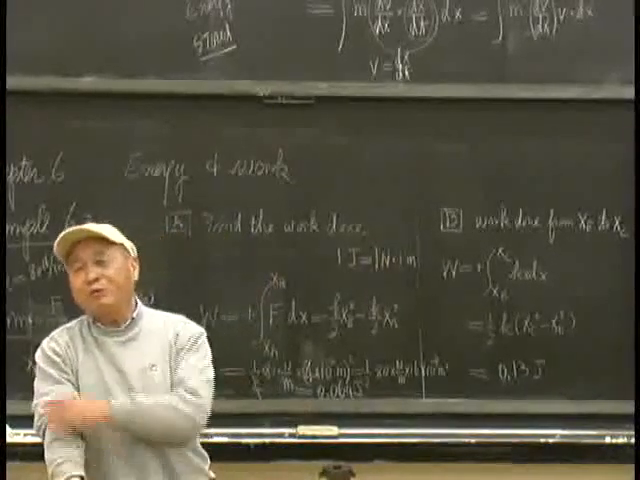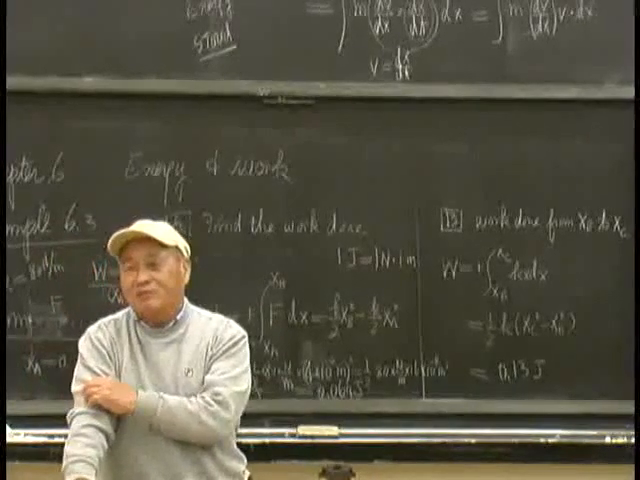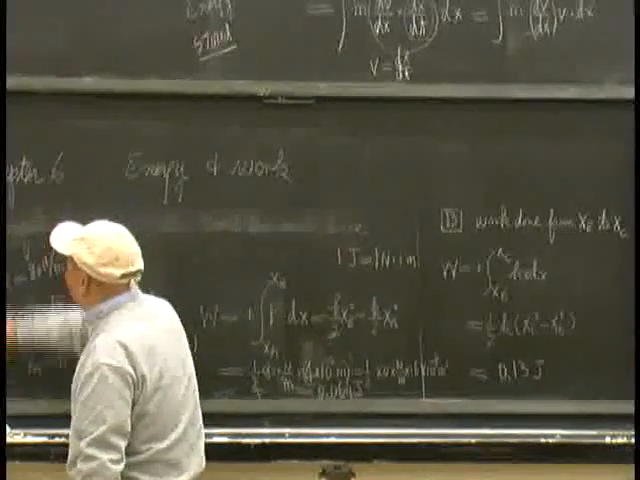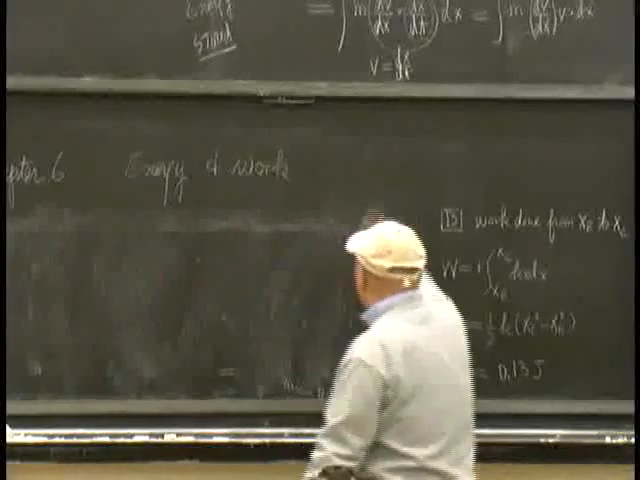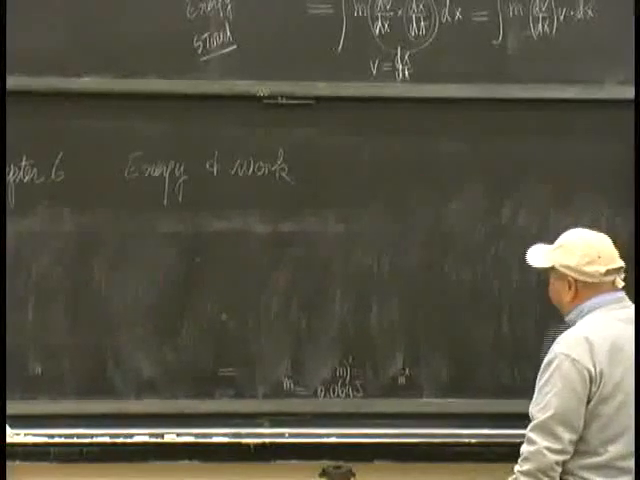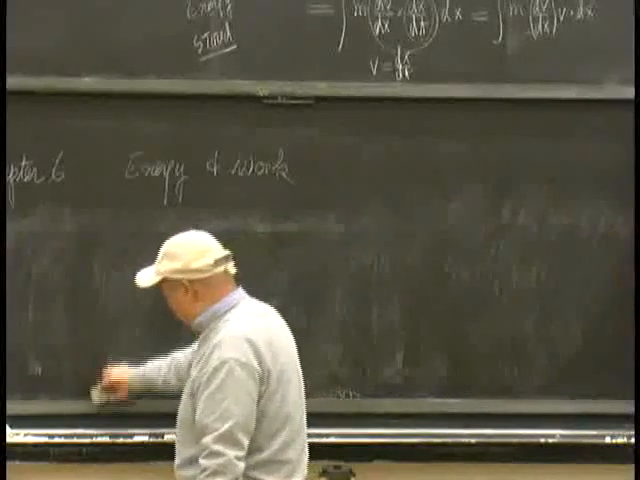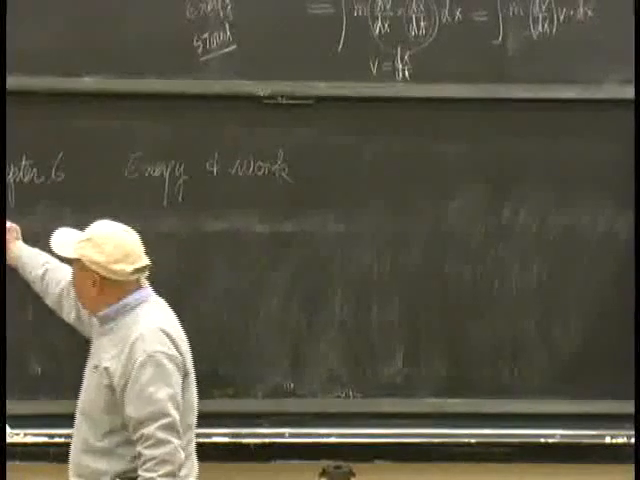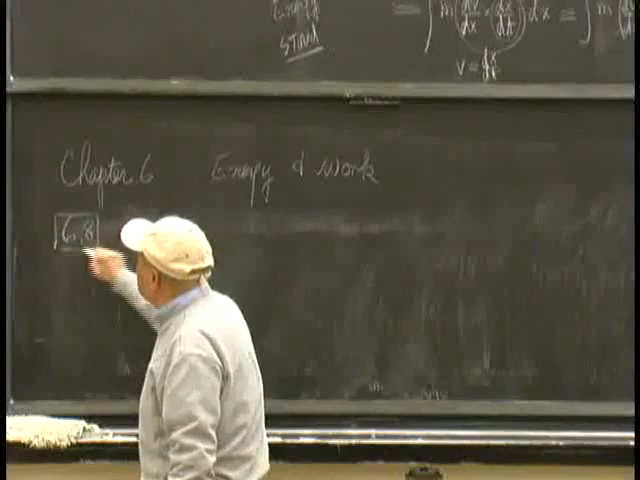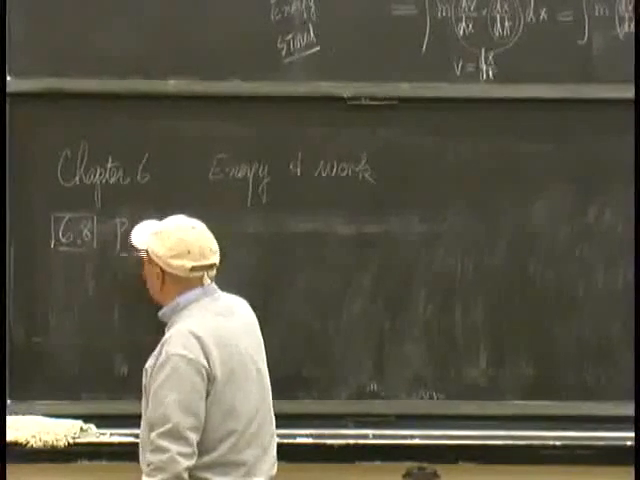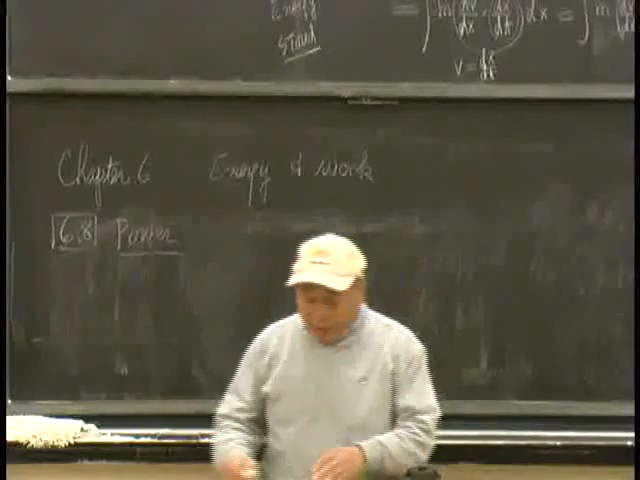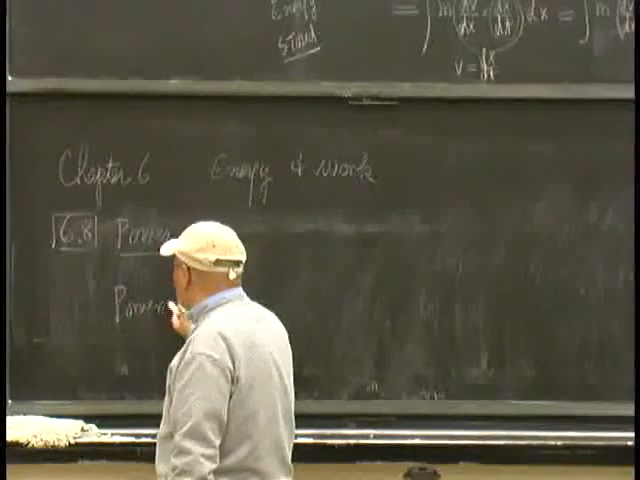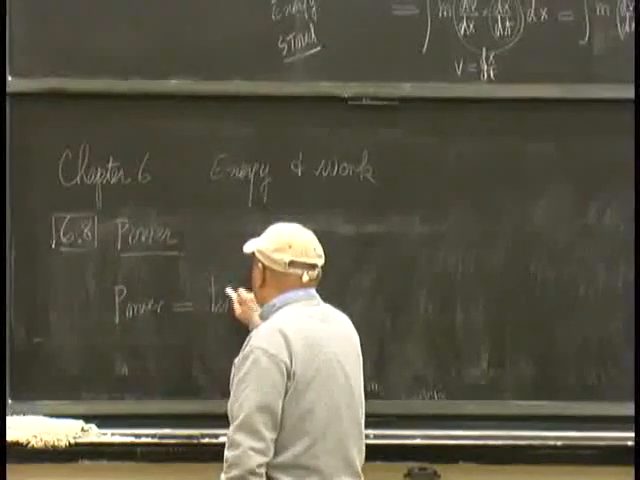So when you're doing the work, you consider how fast it is. So we define a term called power. When you're doing the work faster, that means you have a lot of power. So section 6.8 is called power. Again, the definition of power is very straightforward. Power is defined as equal to the time rate